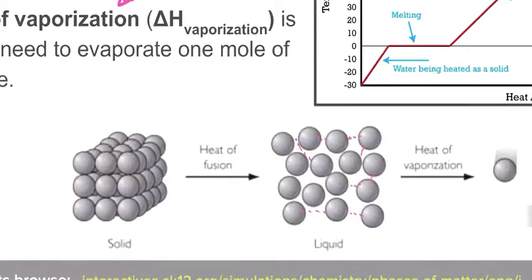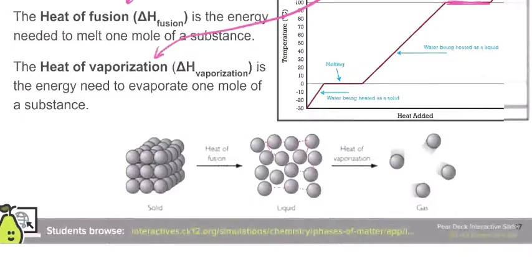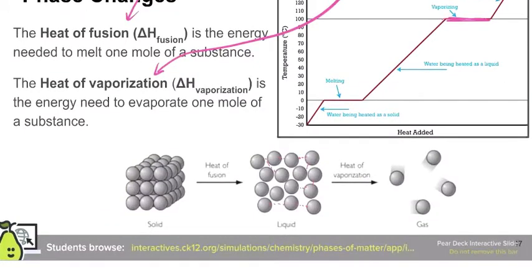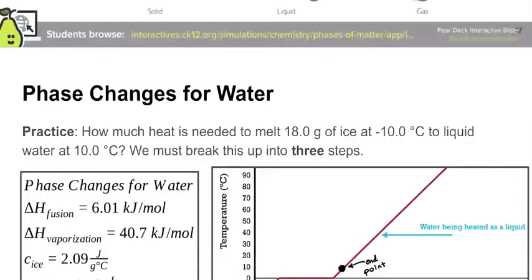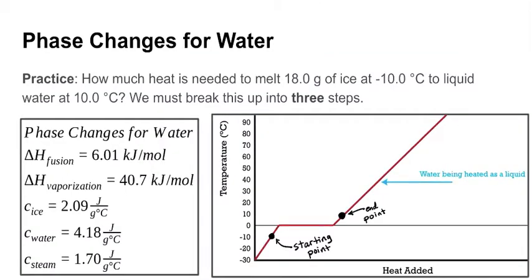But basically you follow this phase diagram, this curve, and decide what equations you need to add together. You need to add together all the different heats that you're adding whenever you change the temperature of a substance from point A to point B. Very specifically, what that means, I'm not going to do all the practice problems here. You can try some on your own or see what I've written on the slides, but very briefly, to get from this starting point that I have in green down here to this ending point,